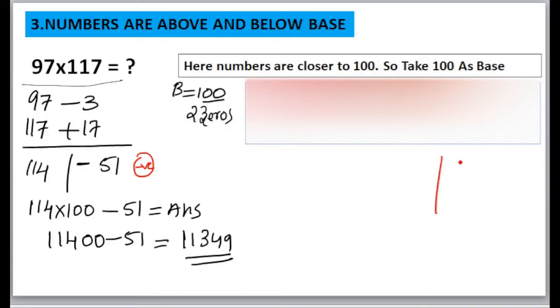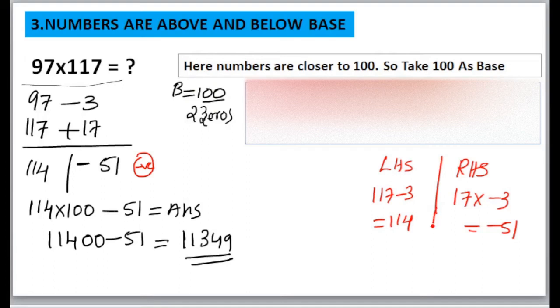So your RHS is 17 into minus 3 is equal to minus 51. And your LHS is 117 minus 3 is equal to 114. So next is